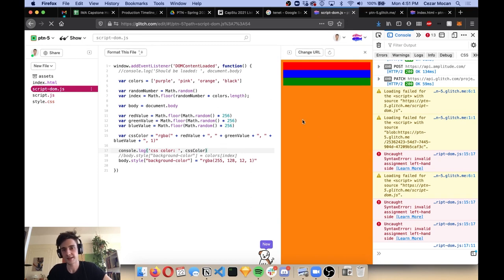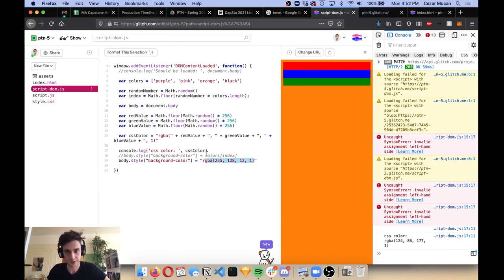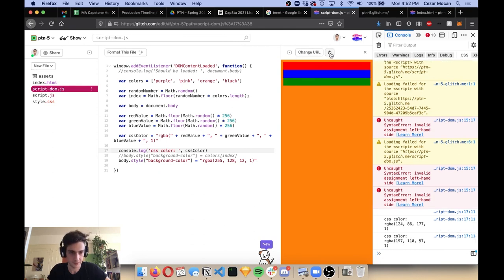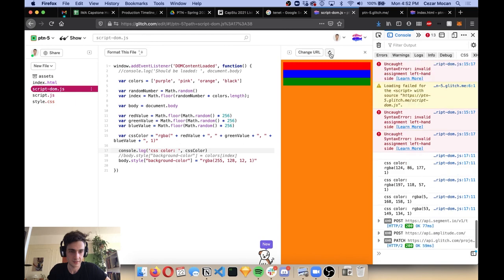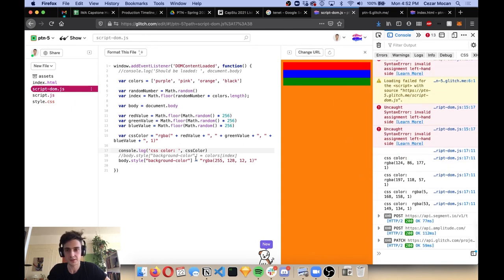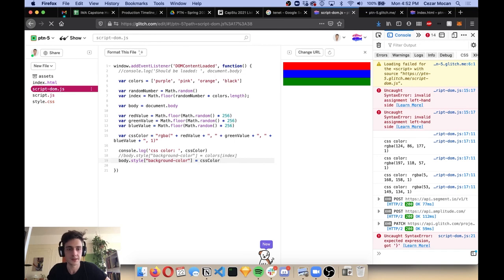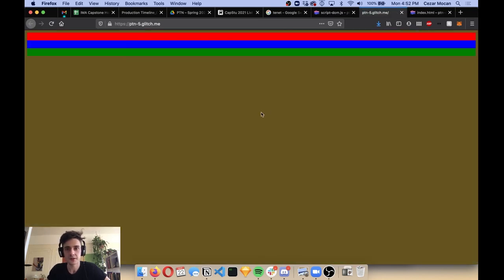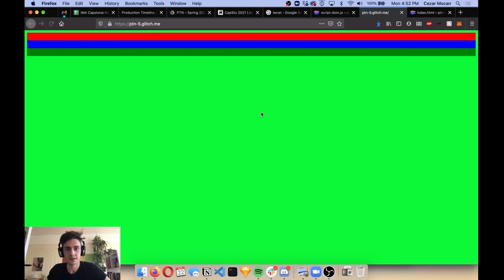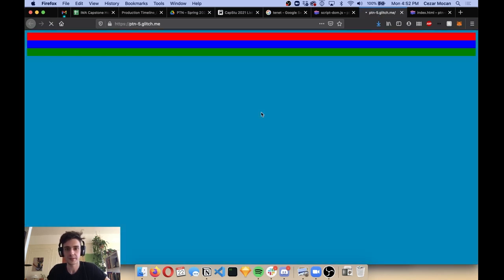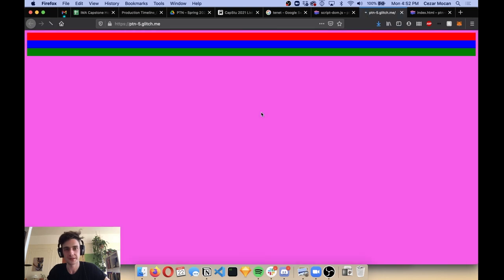And the color is not changing yet in the page because we still have the constant orange that we played with earlier. Right, so we have Rgba 124, 86, 177, 1, which looks about right. So let's do it again. We get a different color. All right, so that means we could probably just plug it into the body style background color and see what happens. All right, so I'm going to come here. All right, so now every time we refresh our page, we get a completely random color,